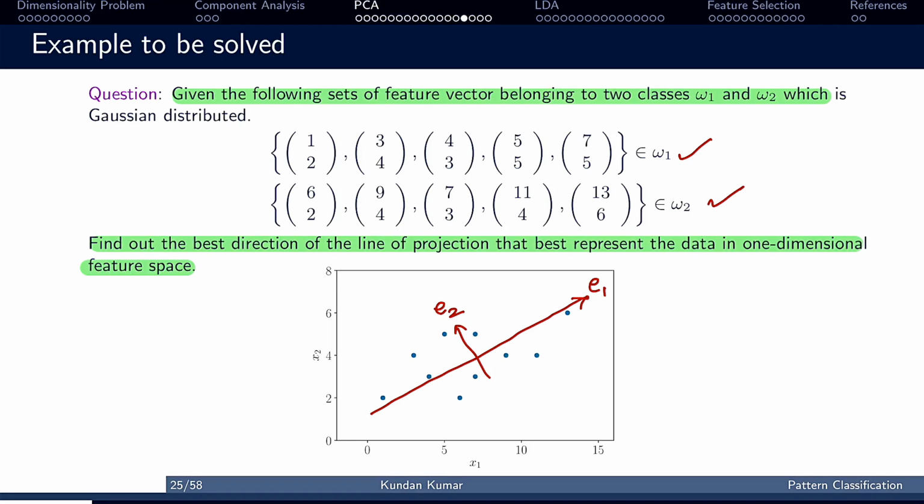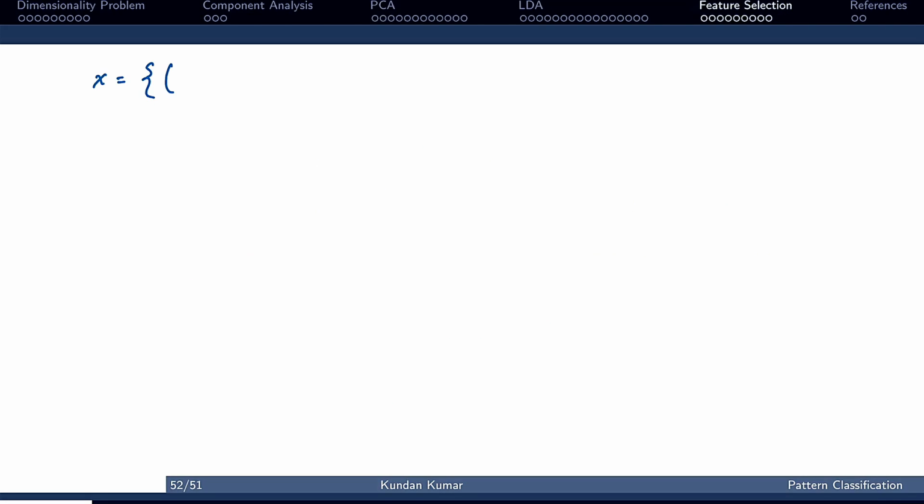Here the question is asking about the best representation of data, not the separability of the data. So here we need to apply principal component analysis, and we can omit the class label information. So here we will consider feature vectors without class labels. Let us try to solve this problem. We will have the set of feature vectors as